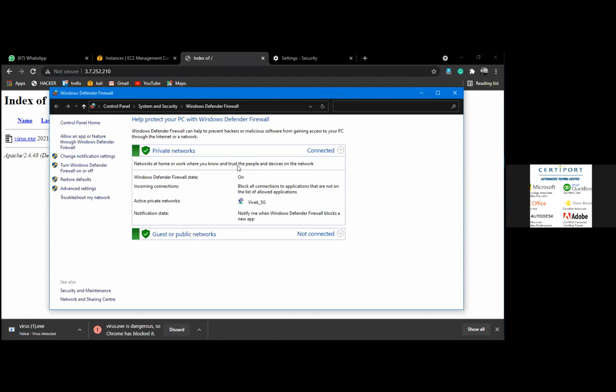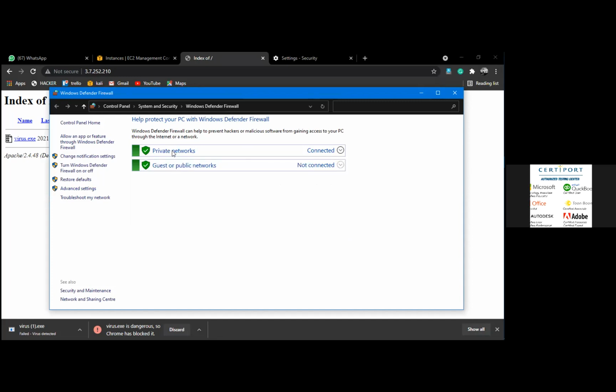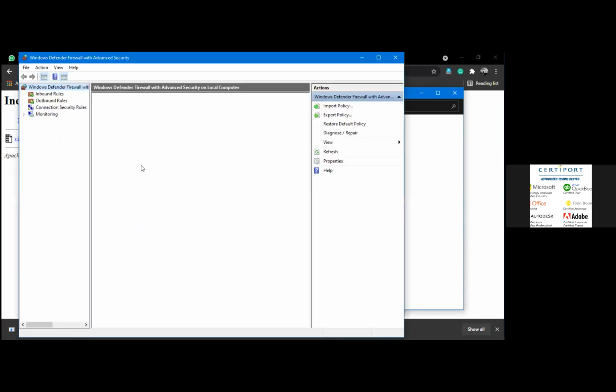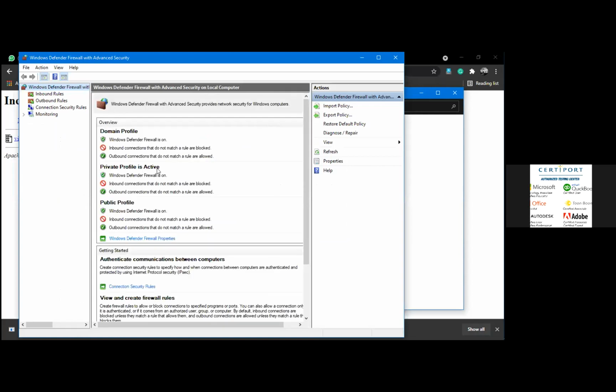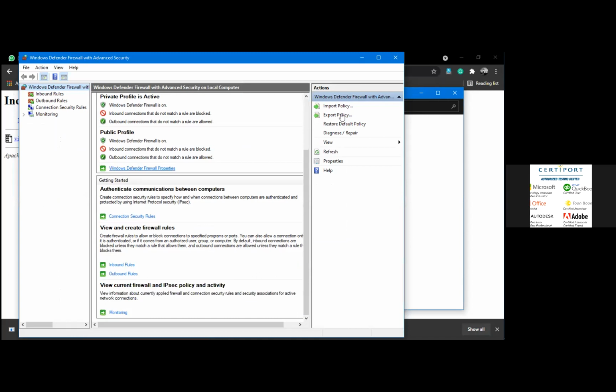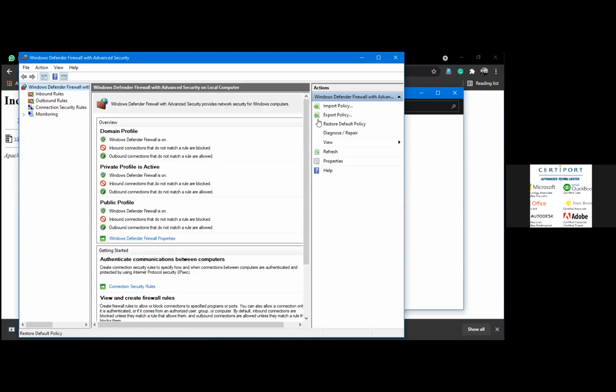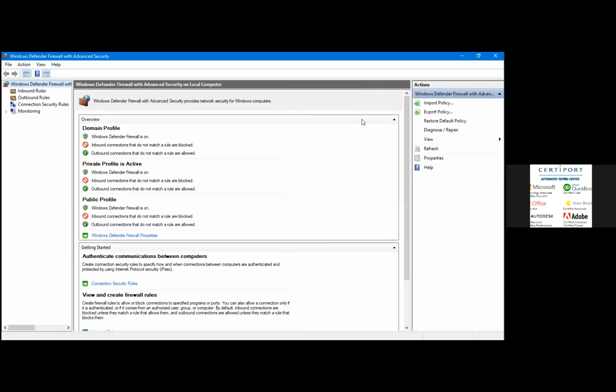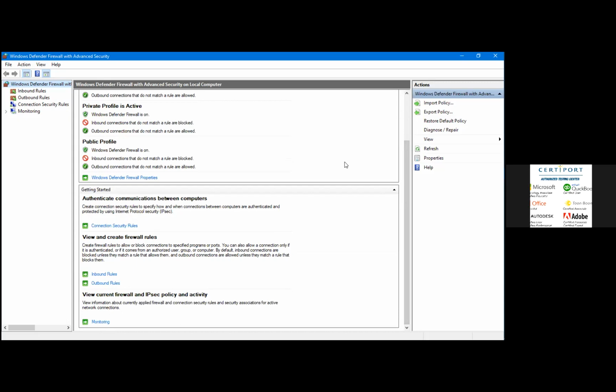Turn it off. Go to advanced settings and select the private networks and turn it off. Yeah, public profile and private profile, turn it off. It would be on the right hand side. You have to click, yeah, just maximize the screen. You can select any of the property, Windows Defender firewall properties.